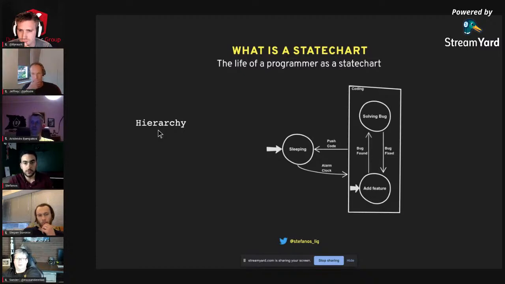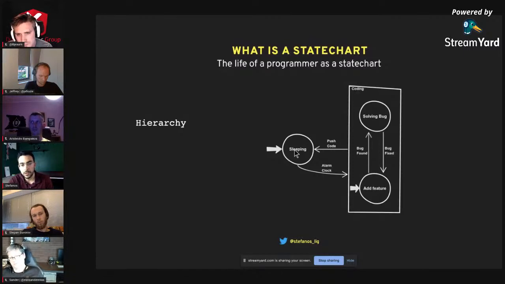Here you have a parent state, which is the coding state, and then you have two nested states, the solving bug state and the add feature state. When you do this, you can have only one transition for the push code event back to the sleeping state. So what we did here was that we reduced the number of transitions,